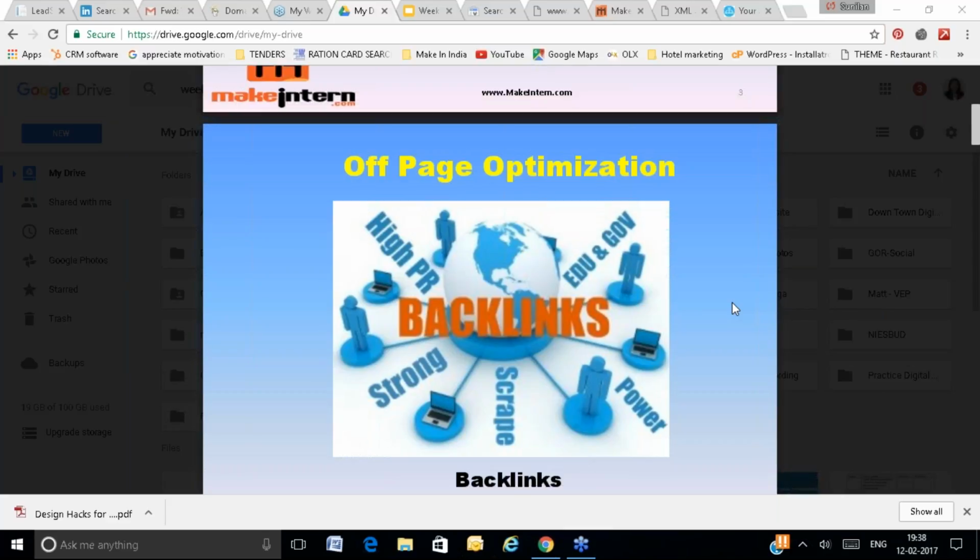Dayanand, no worries. Indexing is a mechanism to inform Google what pages you have created on your website. It's as simple as that. Indexing is the mechanism by which you inform Google: I have created these 5 pages, I have created these 500 pages, I have created this many pages.